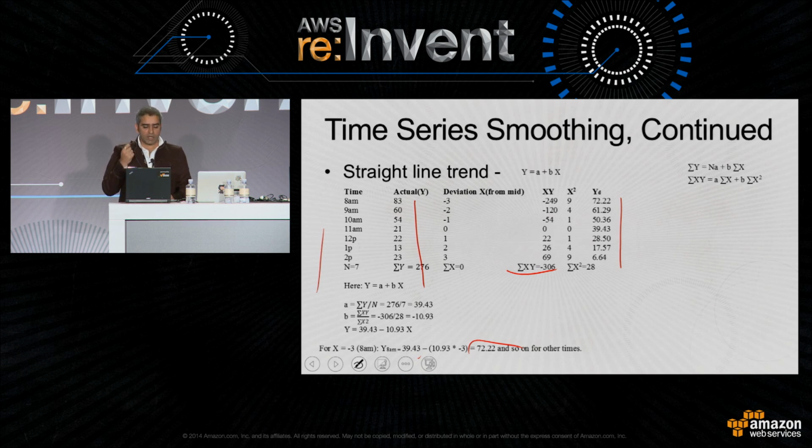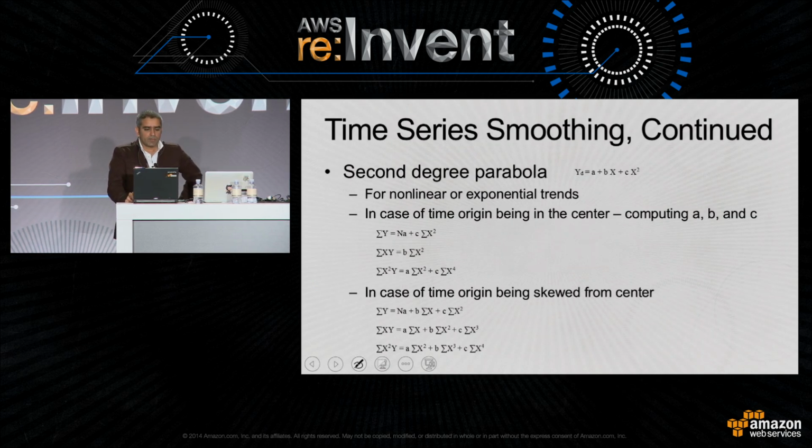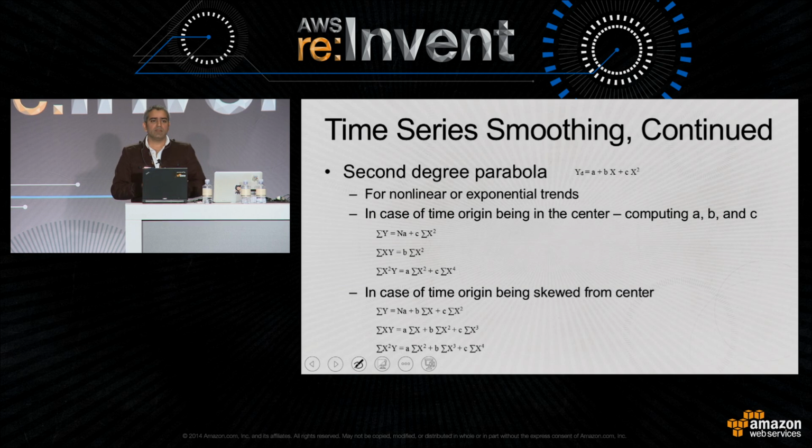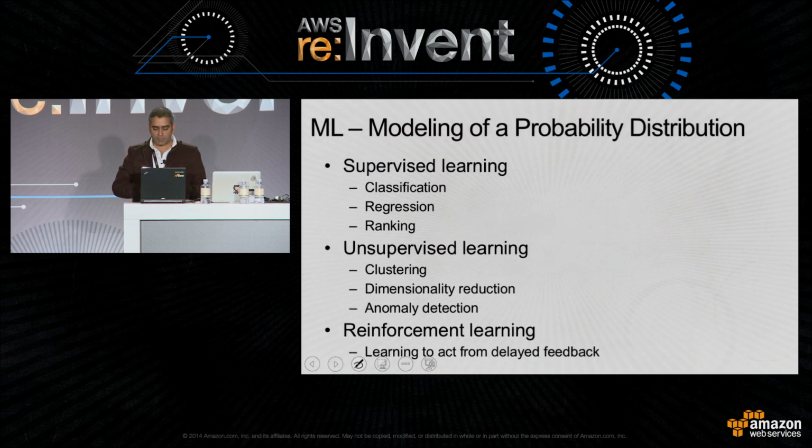But if you're not starting from the middle, if your observations are in even numbers, then you want to use a formula that is a little bit different than this. For the second-degree parabola, you will use this formula when you have a trend that is showing a parabolic shape. It's not quite linear, but it changes erratically and then goes back, and it has many local maxima and minima. In that case, you want to use this formula. I don't have to go into details of that, but I'm pretty sure you can implement it.